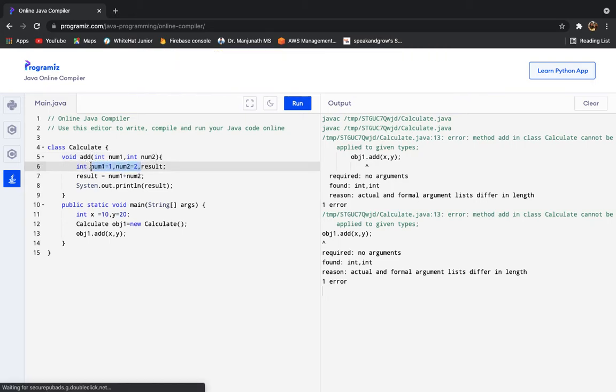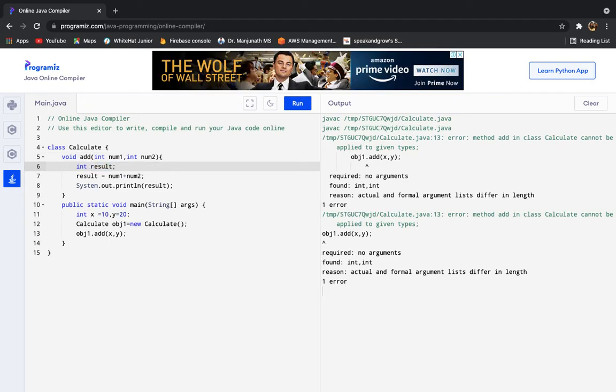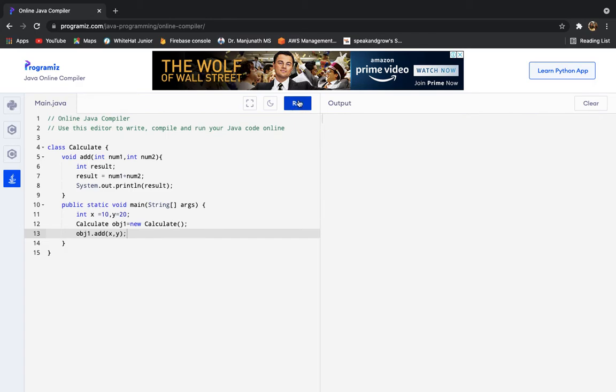Now it's no more a local variable, it's a variable that has got its value from main. Main has passed two numbers to the function add, and I want to get the result of that. So now if you check the output, you should be able to see 30, correct?